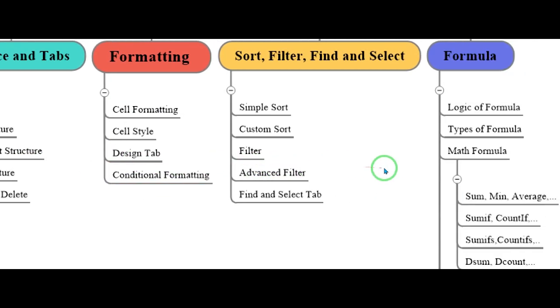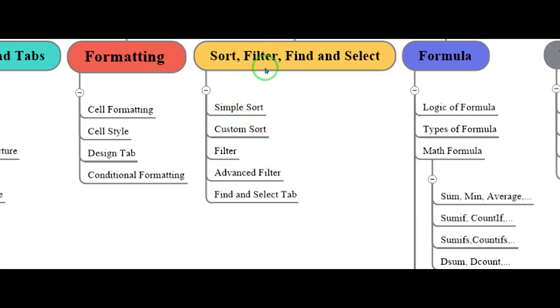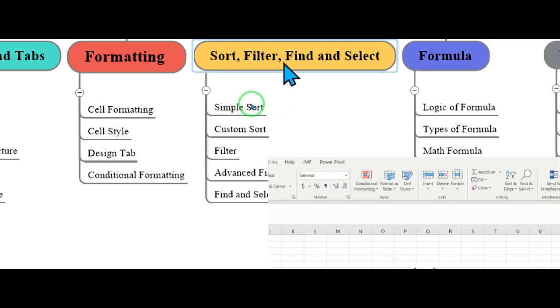The next category in learning Microsoft Excel from scratch is about sorting, filtering, finding, and selecting. We consider a separate category since it is really important when you are working with data. It helps you to explore how to sort data